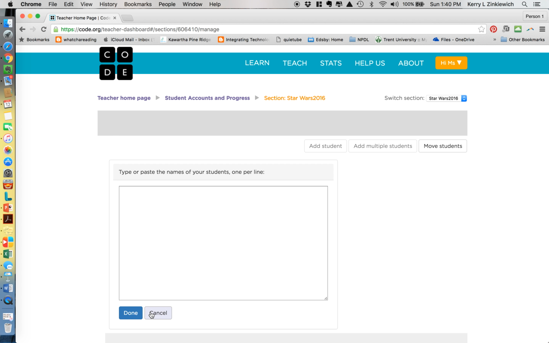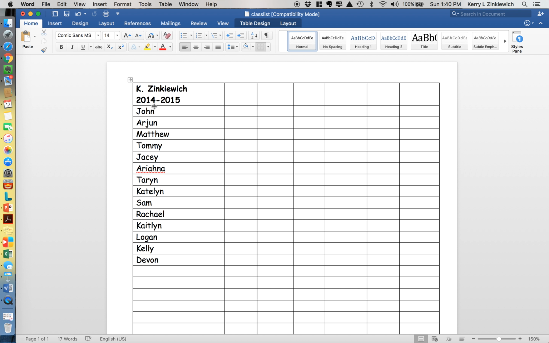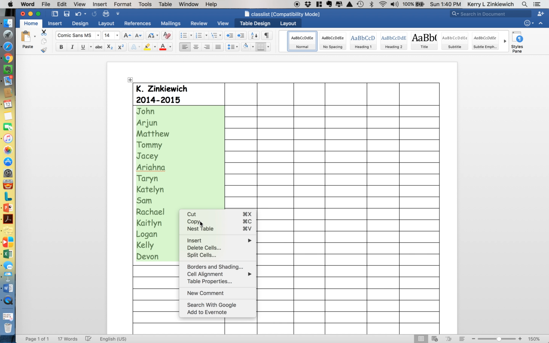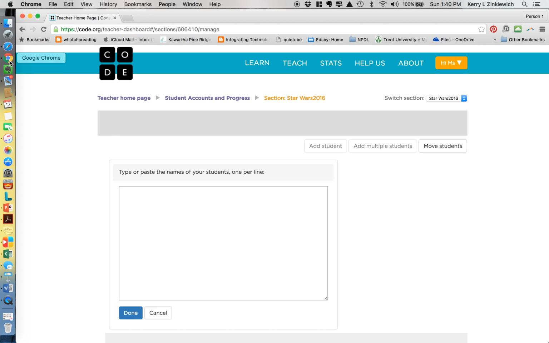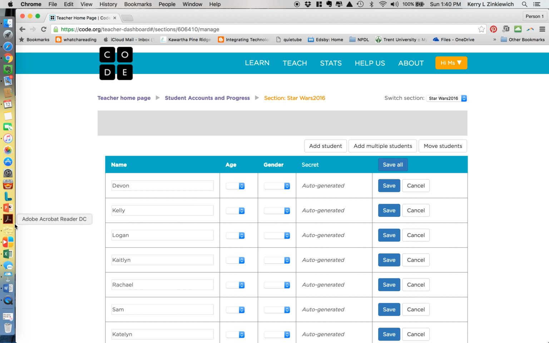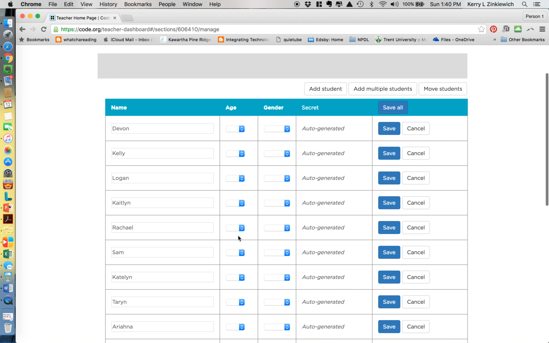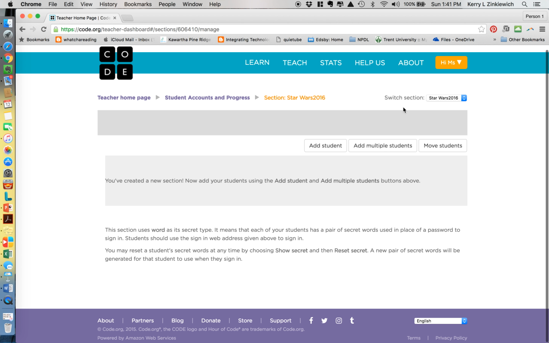So I want to type in the names of my students here. It does say, again, I can put this in one at a time, or I can go over to my class list and take my class list and merge all my cells and copy that list and then just paste it in here, and then now they're all here. I could go through and change all the ages, or I can just tell my students that the first time they log in, they're going to have to do that, and that's something that all students are able to do. Then I'm going to click Save All,